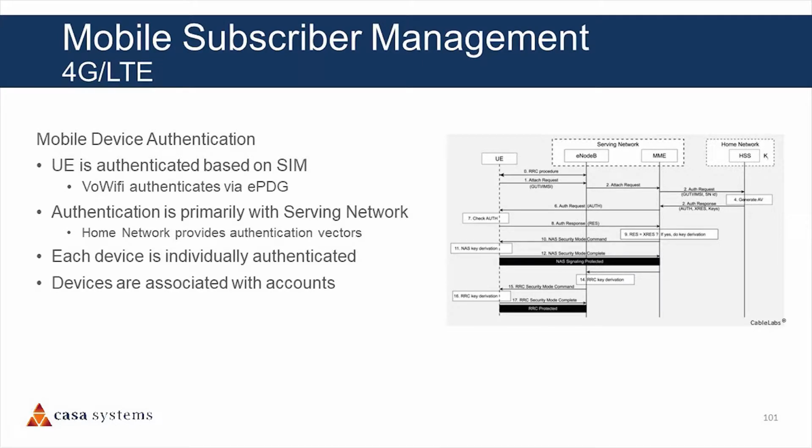So let's take a little look here at the way mobility today does subscriber management. This is a standard handshake chart for a 4G device authentication. Essentially what you're talking about here is, this is also the way that, for example, voice over Wi-Fi gets gatewayed in through an ePDG and the device gets authenticated. As we talk about 5G convergence, they're talking about putting gateways in your home that will talk to the mobile. So therefore, what they're doing is moving the mobile services into your home. But in every case, each device is individually authenticated.